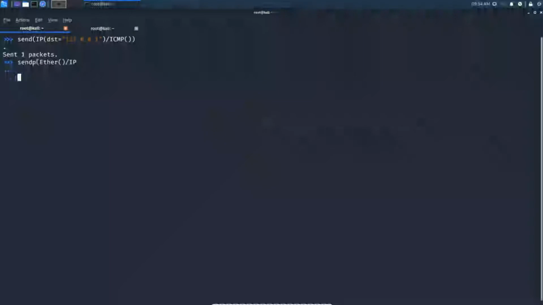Sorry, we got some error. sendp(Ether()/IP(dst=...)), I am stacking the layers. If you use the send method, it will work at the third layer. If you use the sendp method, it will work at the second layer. It is your choice which layer you need to send at, and that completely depends on your usage.